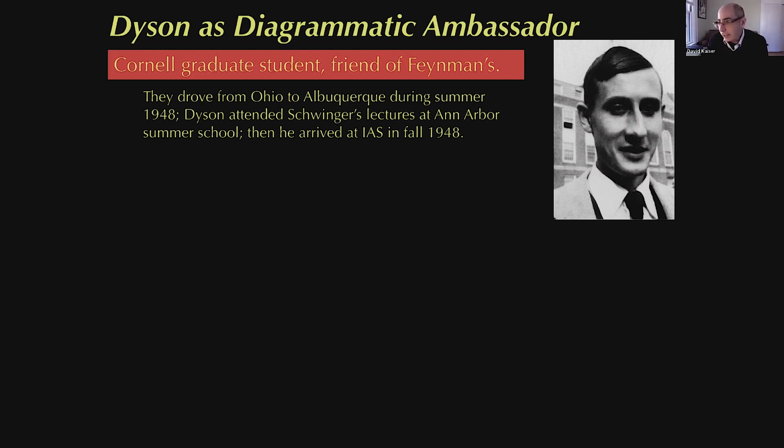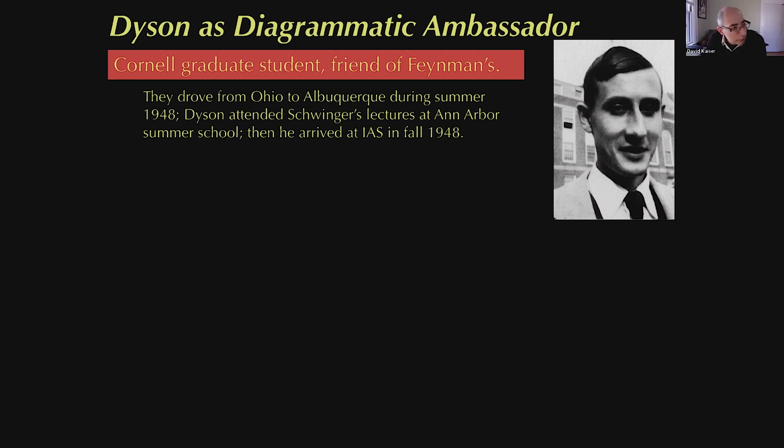Dyson wanted to just see the country. He was from Britain. He was sending these really kind of delicious letters back to his family, often writing to his mother on a small portable manual typewriter, often more than once a week. And he just wanted to explore the country because no member of his immediate family had ever visited the United States. He was very curious. And Feynman wanted to go back to New Mexico. He had a girlfriend out there. He maybe was going to do some consulting at Los Alamos. So they basically drove cross country together that summer of 48,